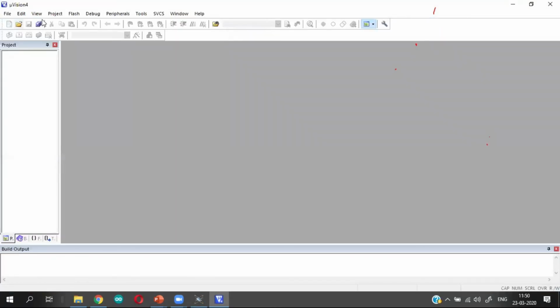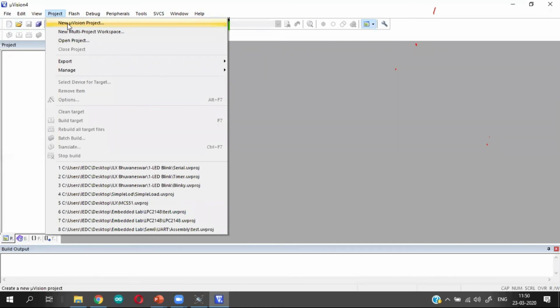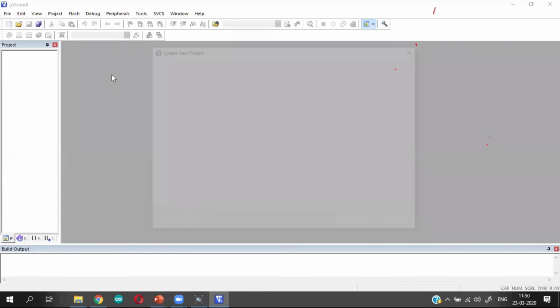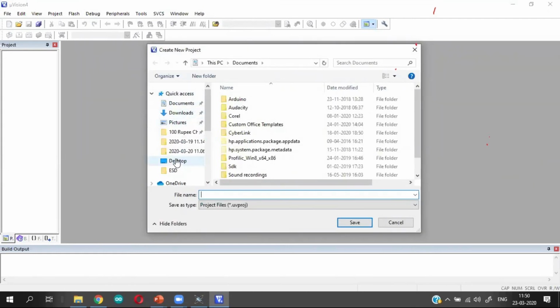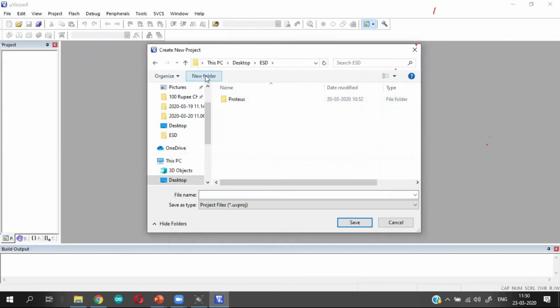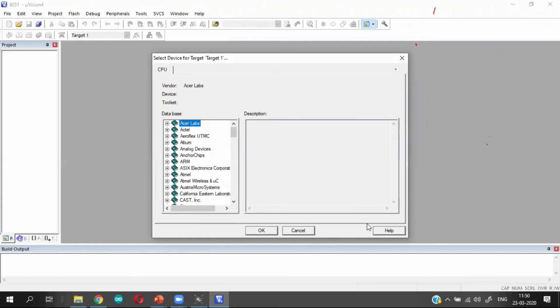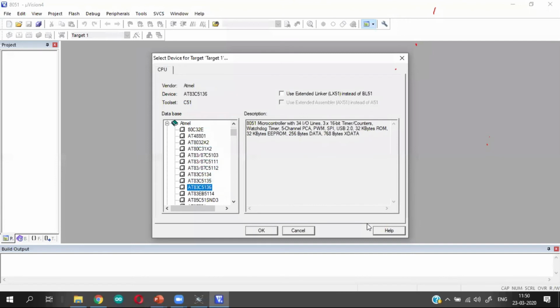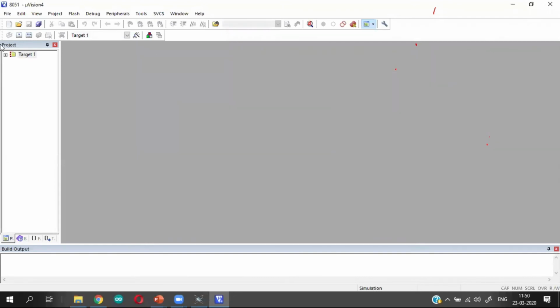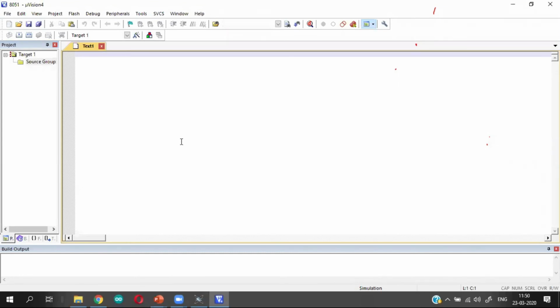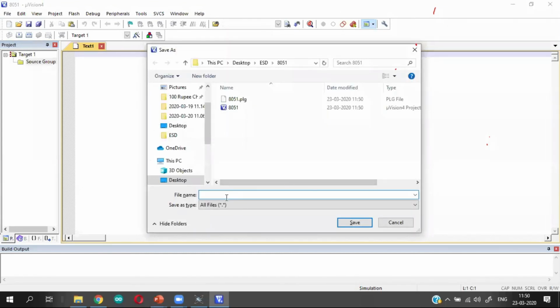Okay, so I write a small code here. Project, new microvision project, Atmel 89C51. Save this with a .c extension, main.c.